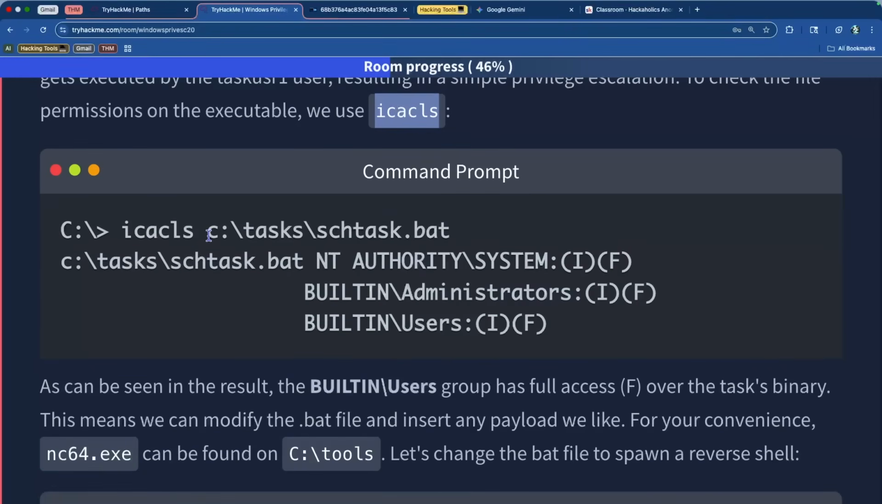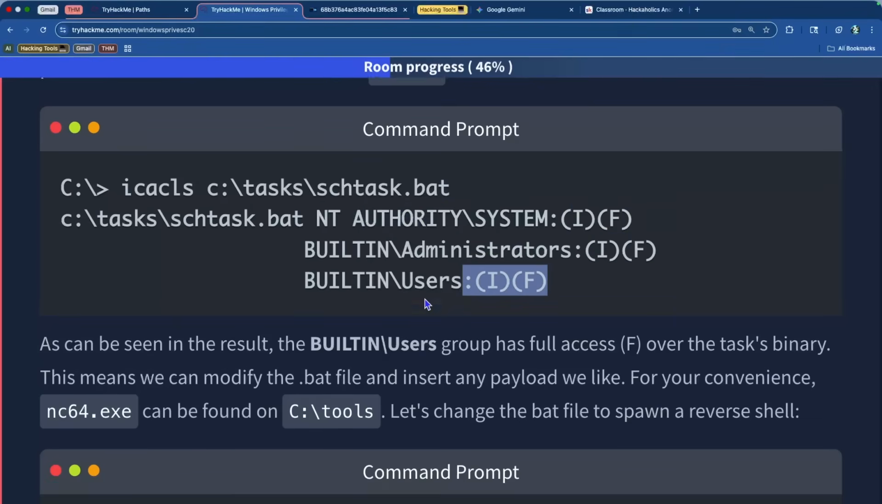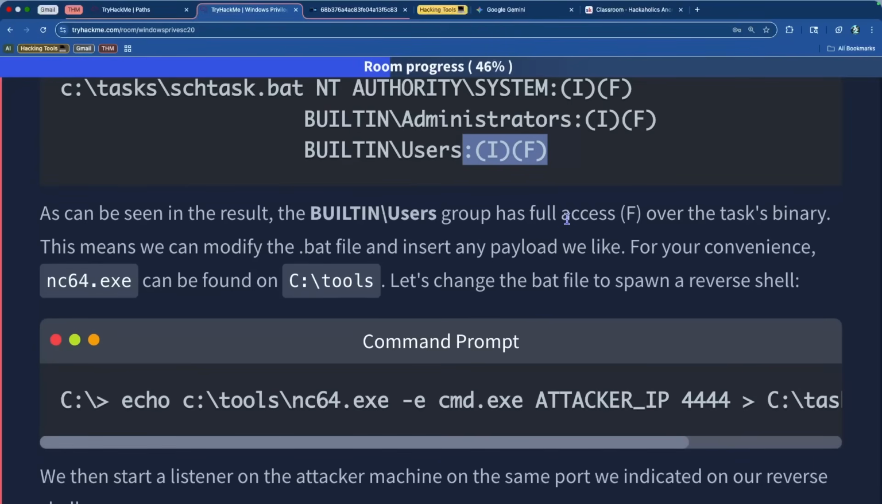ICACLS, and then we give it the path of the actual task, and then it'll say which user, right, which permissions are assigned to it. So the NT authority system and the built-in admin and the built-in users, right? So authority system has IF, admin has IF, and the users also have IF, and F is full access over the task's binary. This means that we can modify the .bat file and insert any payload that we like,